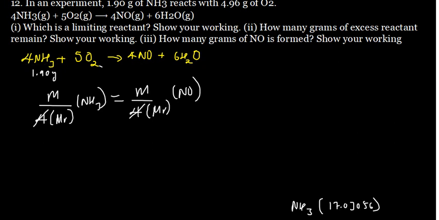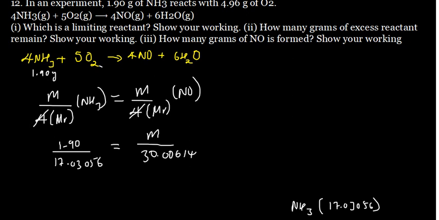So I'm going to say the mass of ammonia given, that is 1.90, divided by molar mass 17.03056. This is going to be equal to the mass of nitrogen monoxide to be formed divided by the molar mass. So the molar mass, we have nitrogen monoxide. Nitrogen is 14.00674. And then oxygen is 15.9994. So the molar mass is